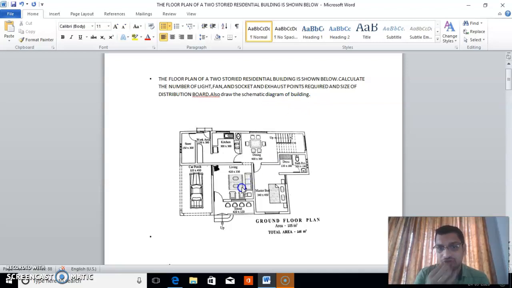In the question, the floor plan of ground and first floor are given. So this is the floor plan of the ground floor, and in this floor there are one master bedroom cum dressing room that is attached with the bathroom, and one number of living room, one number of dining room, one number of kitchen, one number of work area, and one number of store, car porch, and one number of sit out. So that's all the ground floor plan.